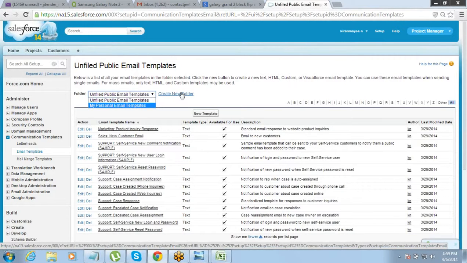Email template is also one part of your application, right? For that also, sometimes you might want to control who should see that email template and who should not see. Let's say for marketing email template, you don't want the customer care executive to come and see the marketing email template, right? So that control is defined at the folder level.